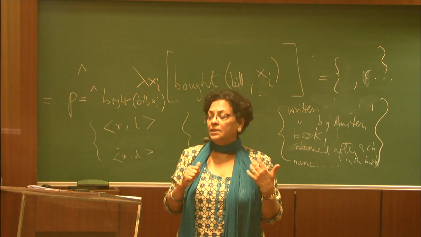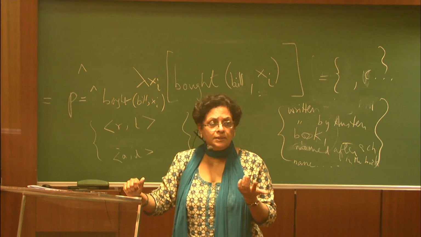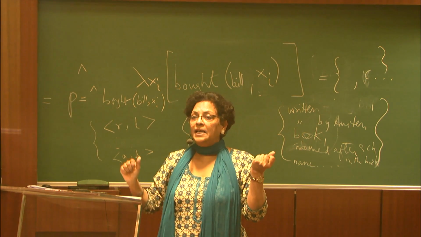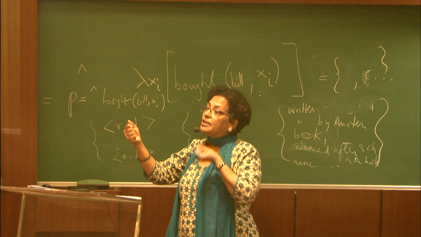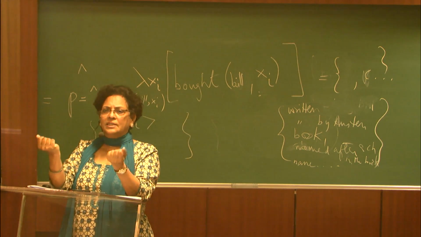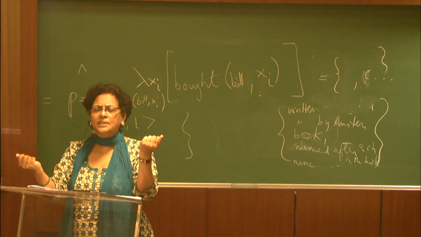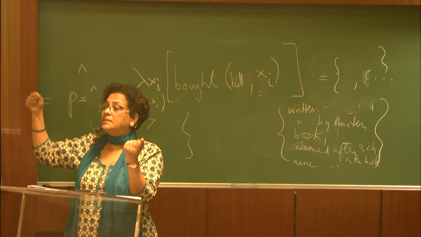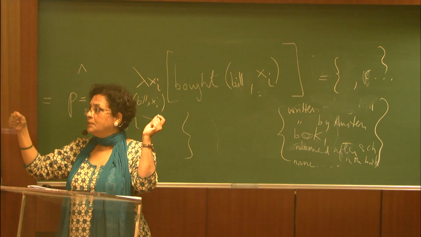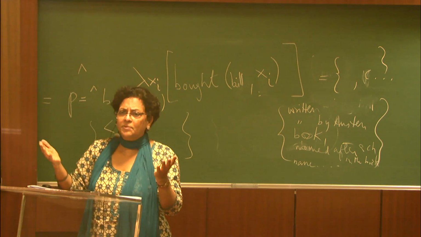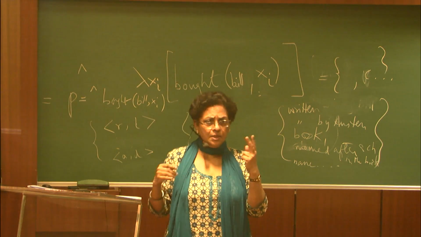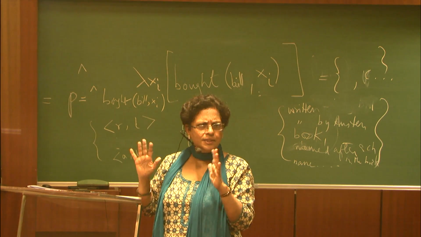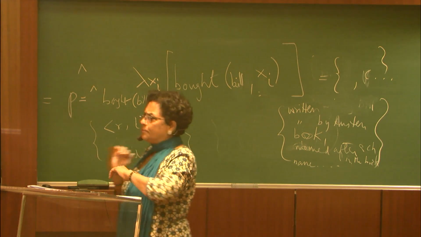What about the proposition Bill bought Pride and Prejudice? Yes, I find a book, Pride and Prejudice, such that binding X sub I, giving X sub I that value, makes it equal. The set of worlds in which Bill bought Pride and Prejudice is the same set of worlds in which he bought an X sub I, such that that X sub I is bound by Emma or Pride and Prejudice, whichever one I say. That's how you get the question to denote exactly those two propositions. Everyone good with the general schema? Okay, let's break.